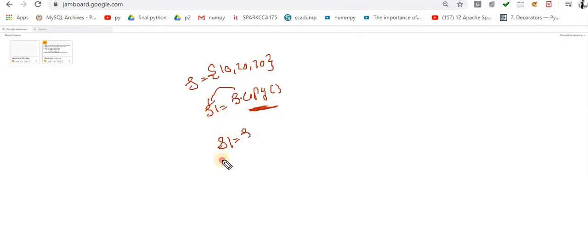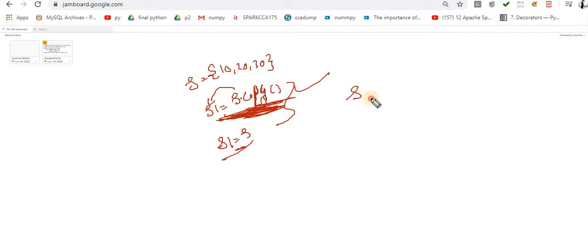Okay, the next method that is associated with this set, s is equal to 10, 20, 30. Now what I want to do, s1 is equal to s dot copy, that we already discussed a number of times, the meaning of this copy. If I do this, s1 is equal to s, that means I am doing the aliasing. If you want to do cloning, you have to use this copy method, and we already discussed it a number of times. Now the next one is pop.